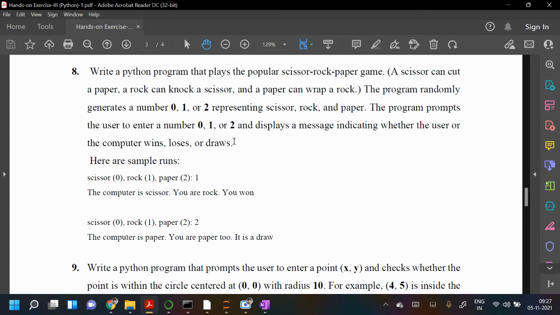Draw means both choose the same thing, like both choose scissor, or both choose rock, or both choose paper, then it will be a draw. In other cases, one will win and the other will lose, the user or the computer.